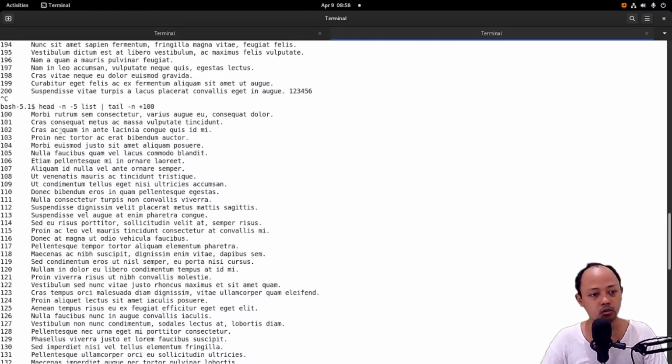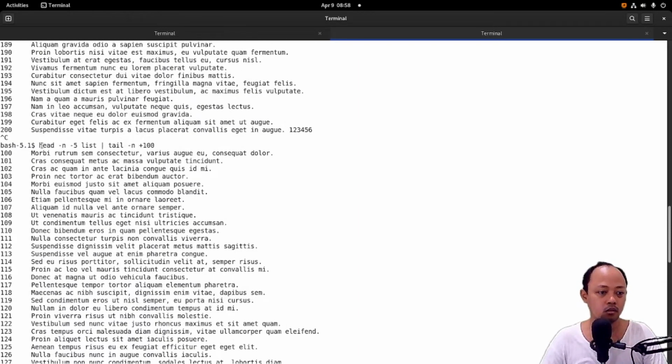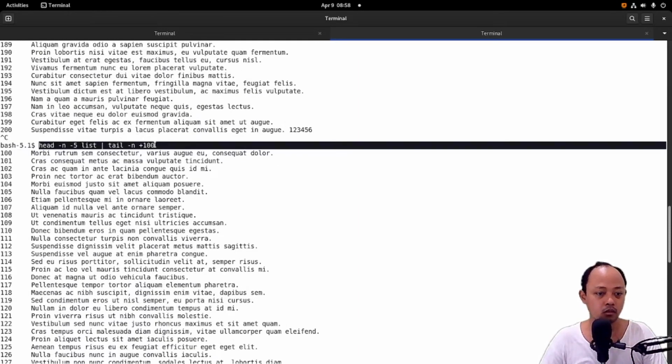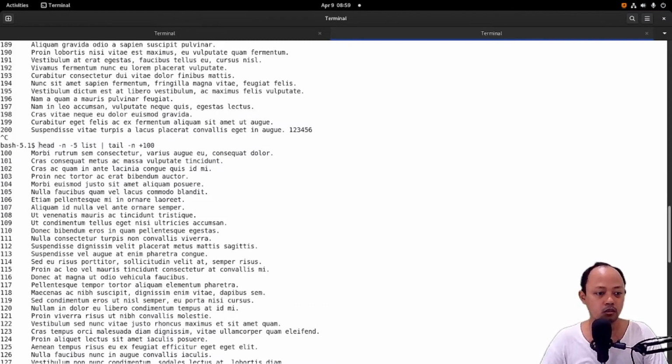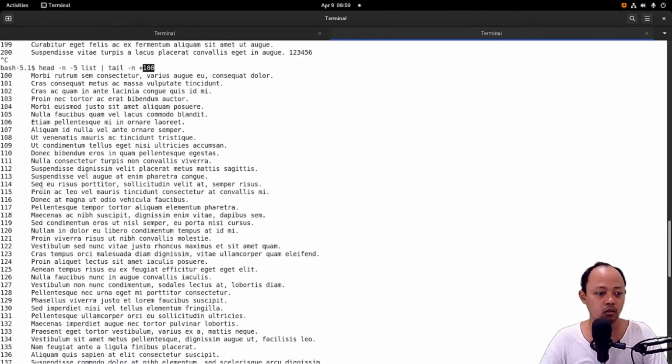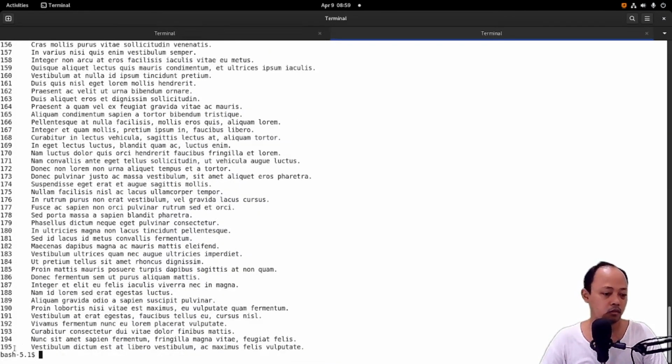I don't know how to say it in English because I'm not an English native speaker, so I hope you can understand what I mean. With these two combined commands, it produces something like a range from line 100 until line 195.